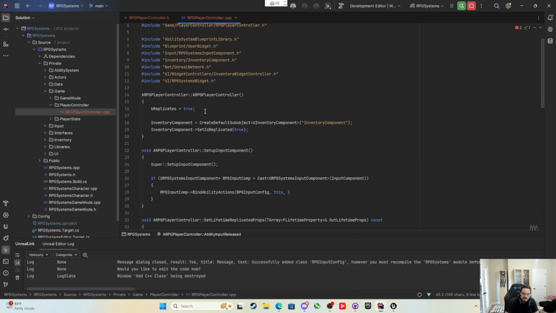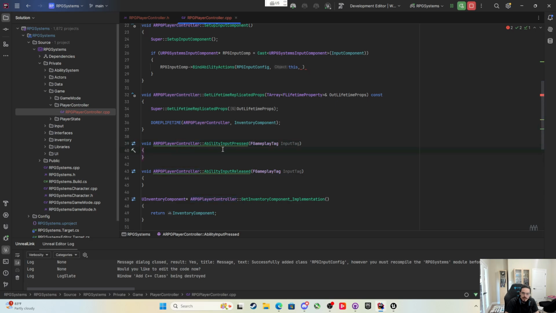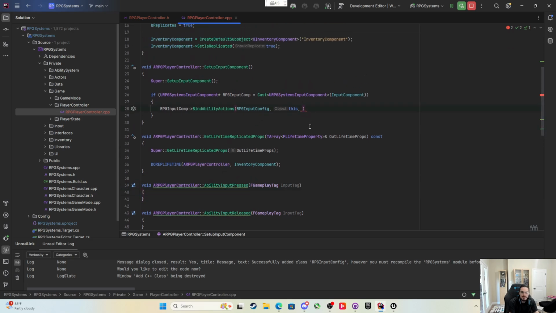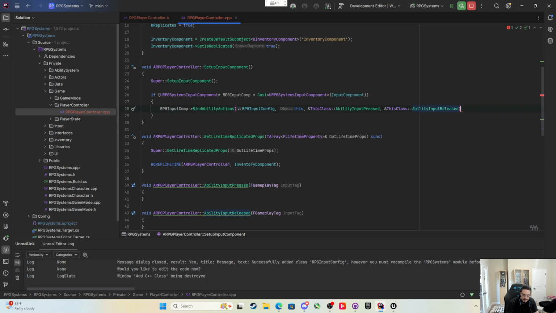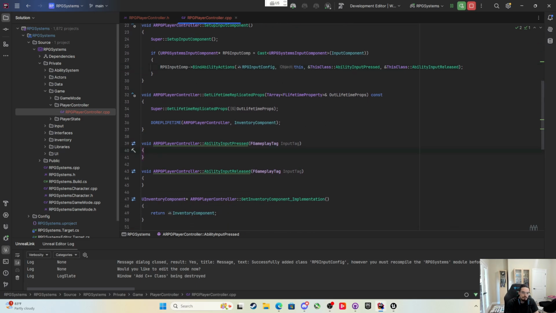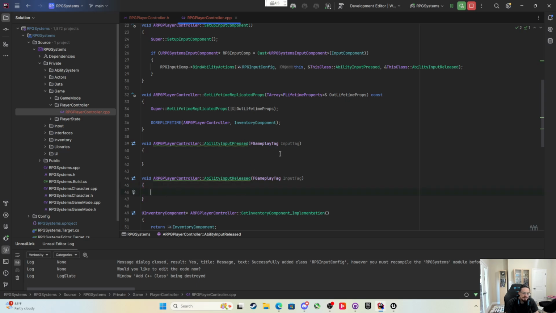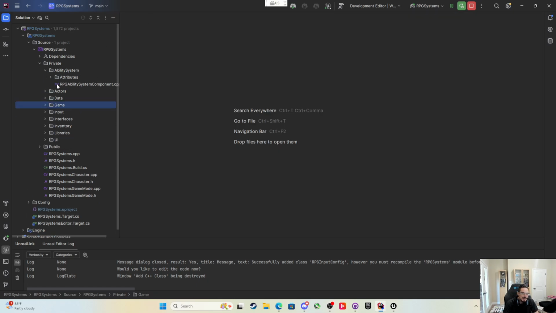And now I generate these definitions, and now I have a pressed function, which is the address, and we could just say this class and then fully qualify AbilityInputPressed, and then we could do the same thing, this class AbilityInputReleased. So now all of our abilities, the input actions, we can label them with a tag, and then every time one of those input actions comes through, it'll send through which gameplay tag you labeled for that. So it's really useful when we come through and we say, okay, in the ability system,